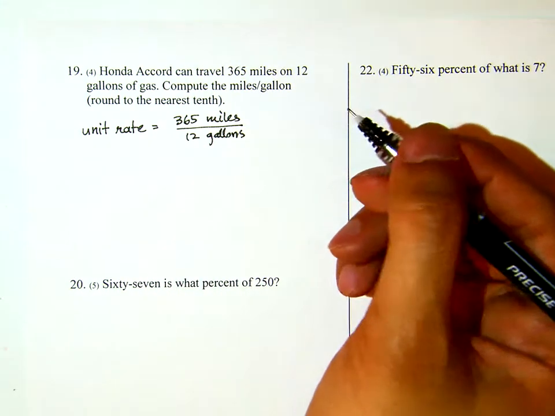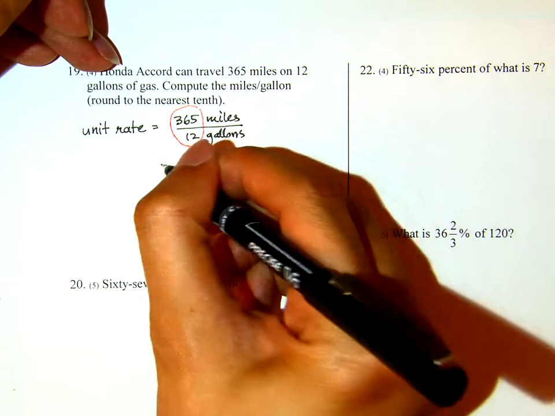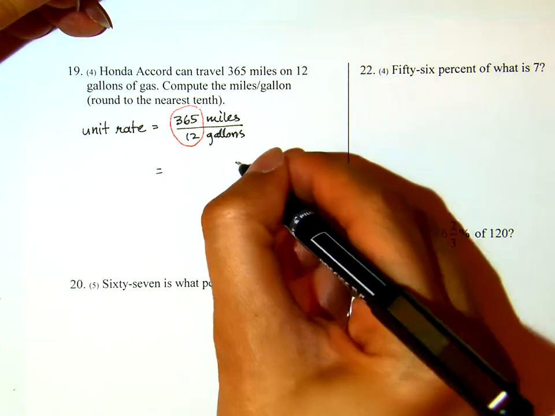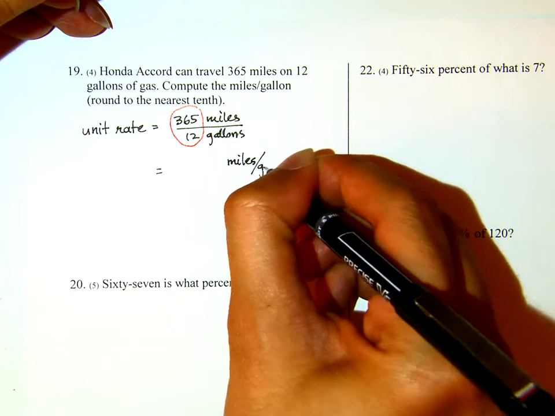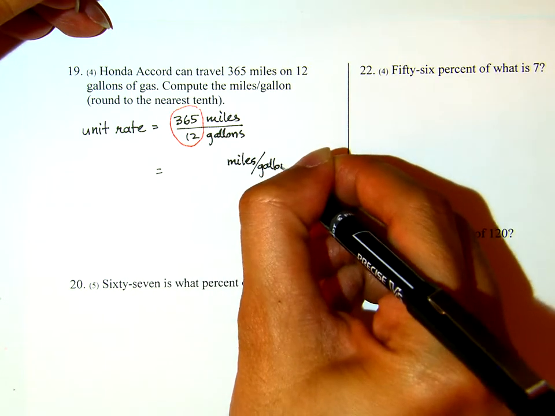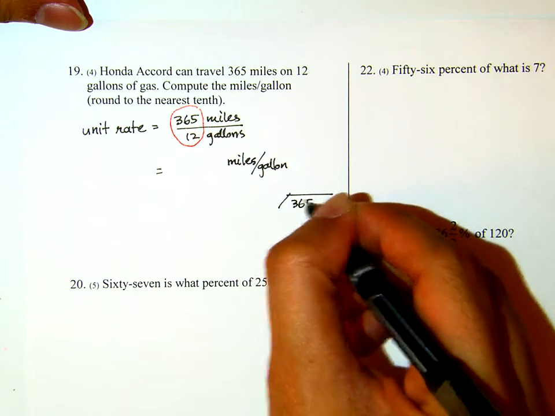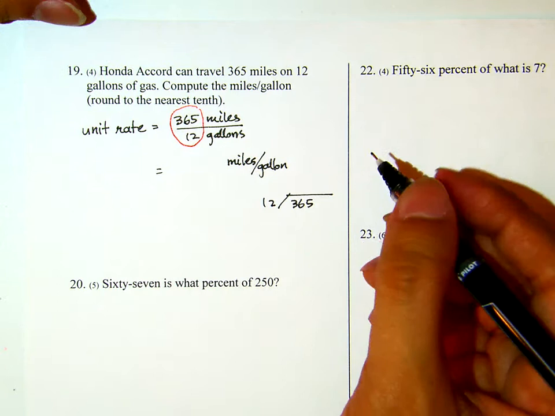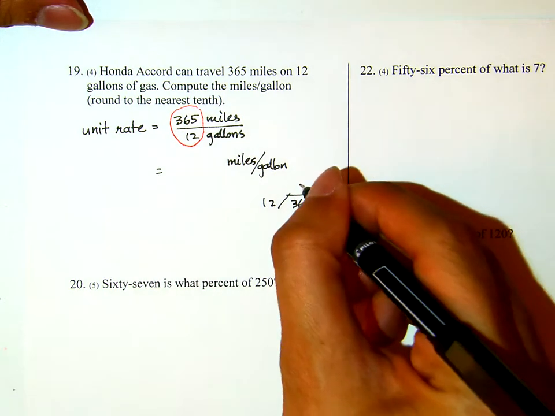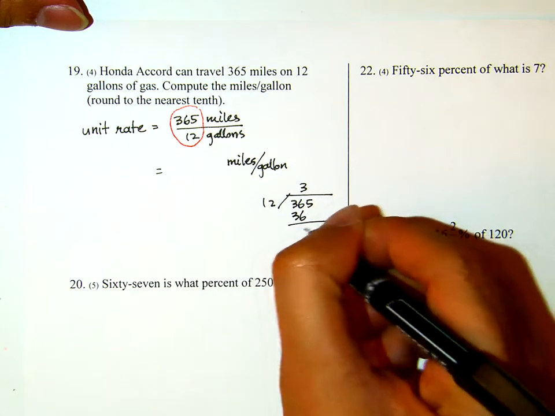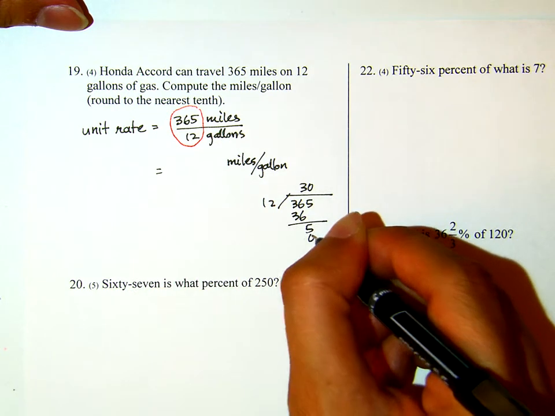Okay, now the idea is I will divide this. Okay, and I write it separately, and in the end, the answer will be in miles per gallon. That's what they ask us to do. Now let's divide 365 divided by 12, and they say round to the nearest tenth, which means when I divide, I need to go to the nearest hundredth. Okay, 3, 4, 36, I drop 5,